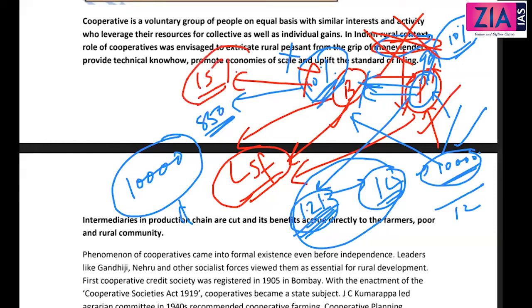Why? Because 15% is per year. Here, if you see 10% per month, this is almost like 120%, right? So the committee's recommendation is: don't give subsidy, because even if you give subsidy, who is getting the benefit? The large-scale farmer. So make sure that the poor peasants take loans from the institutional sources, and make sure that they get adequate and timely credit rather than subsidized credit.